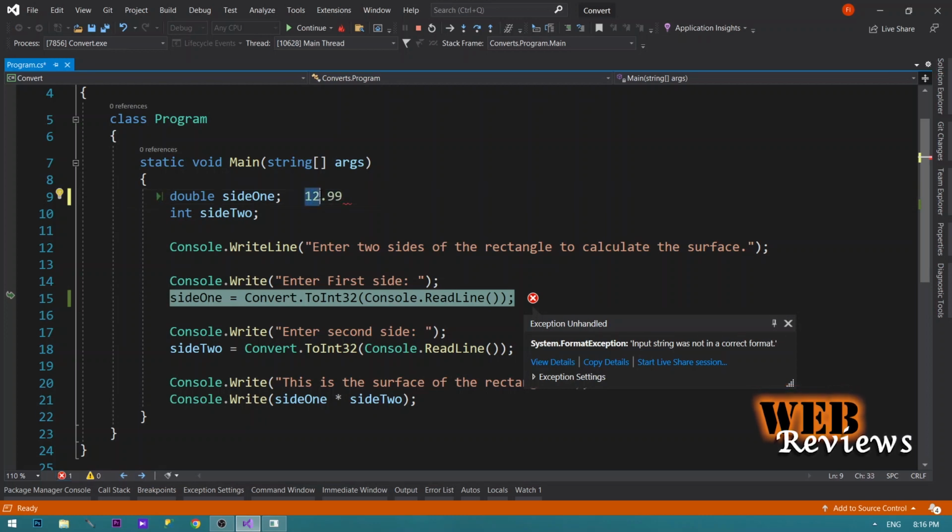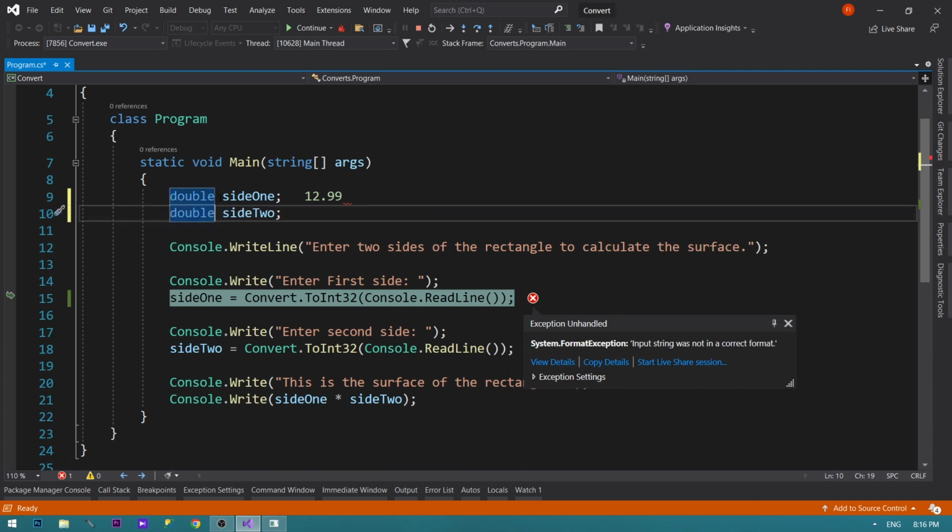In this number, 12 is the integral. You can store this part in an integer, but when it comes to the fraction, integer does not have the ability to store fractions. So we use a new type called double. So I change both variables into type double,